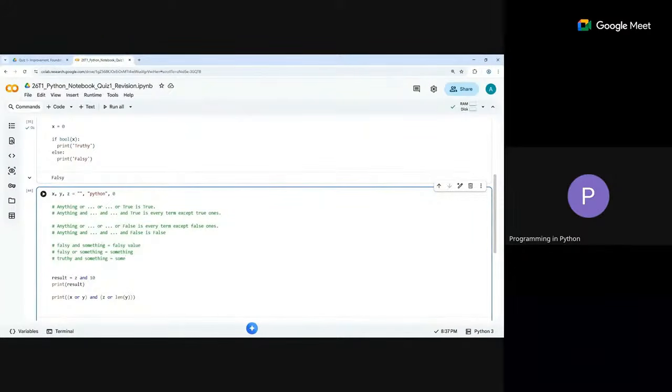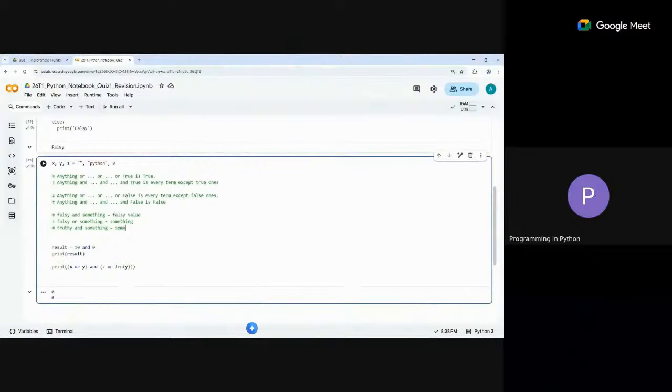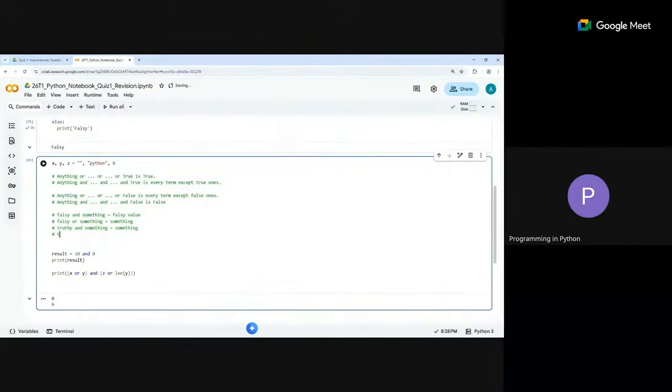But it depends. If this something is false, this could also happen. Order matters here. So assume that this one is truthy, so I have 10, and this something is false. Let's say something is 0 or None. Is it going to be false? Let's see. Ideally, I think it should be 0. No, it will be 0. So you always go to the next one. So truthy and something is going to be something. Whatever the last value that you checked, be it false or true, the last thing that you check, you return that. Now truthy and something is going to be this, and the last thing is truthy or something again.